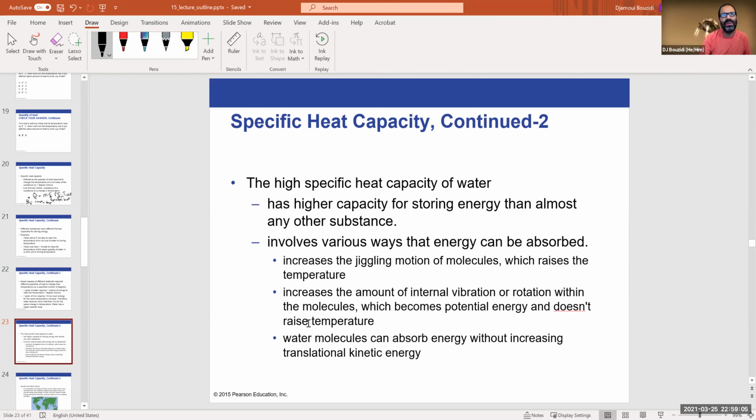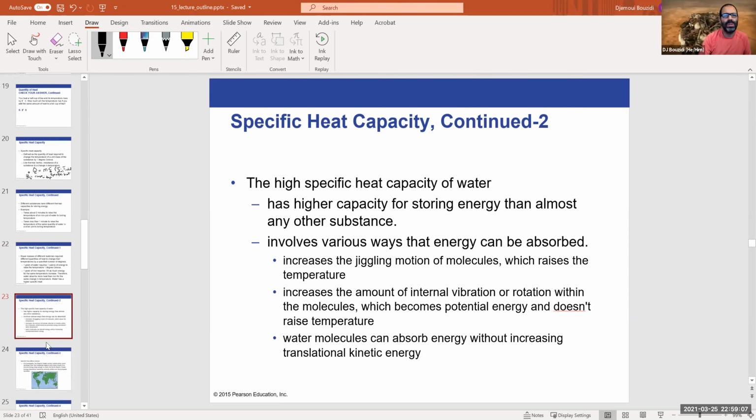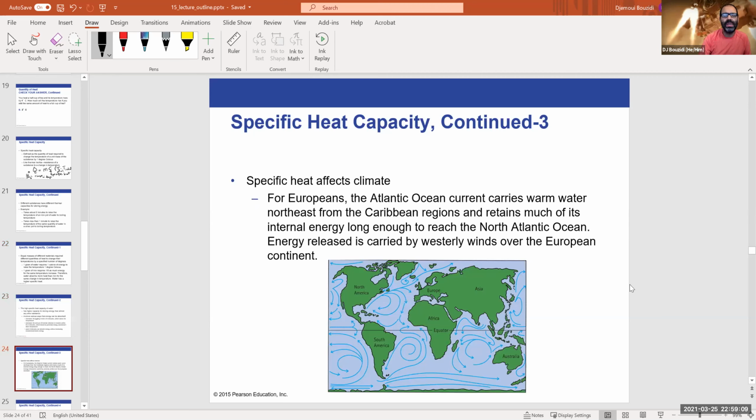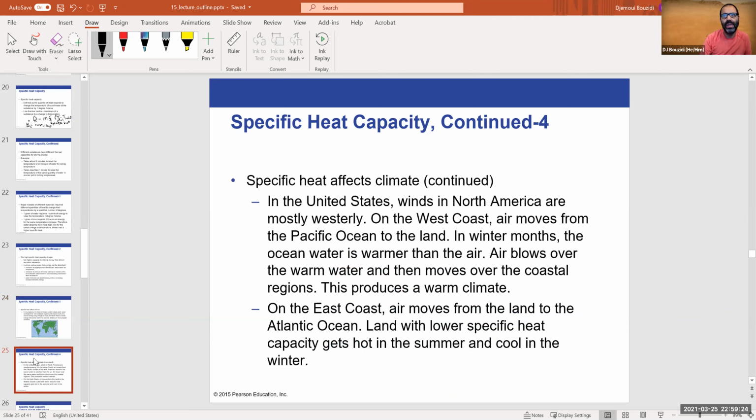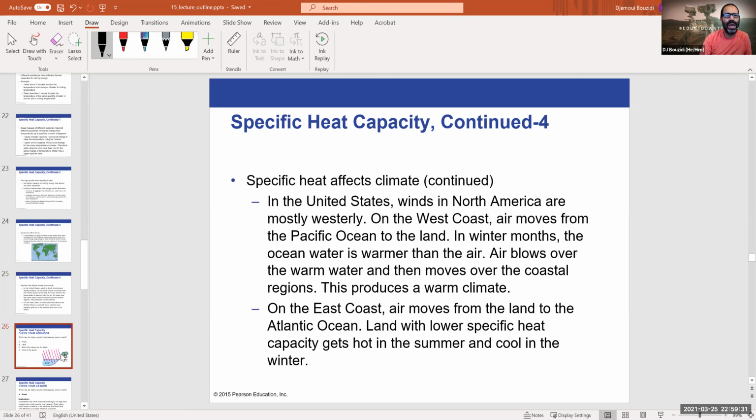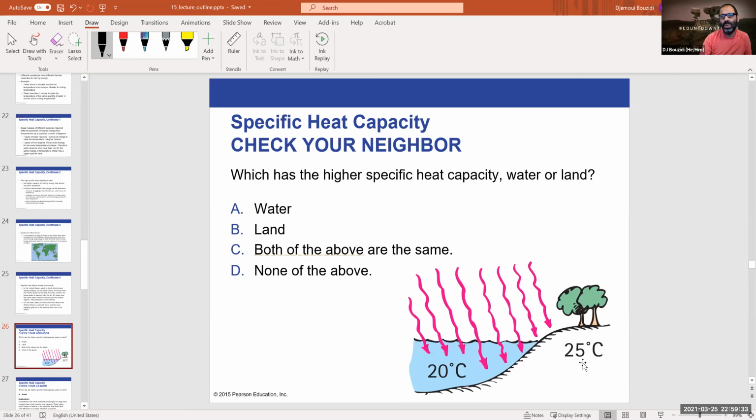It involves more degrees of freedom actually than the motion of the molecules. Here is the importance of it. It comes into weather because Earth has a lot of water on its surface, so its temperature is more or less regulated by the oceans out there. This has a lot of influence on the weather. And if you compare land to water, especially if you happen to be near the sea, this is what's going on. During the daytime,